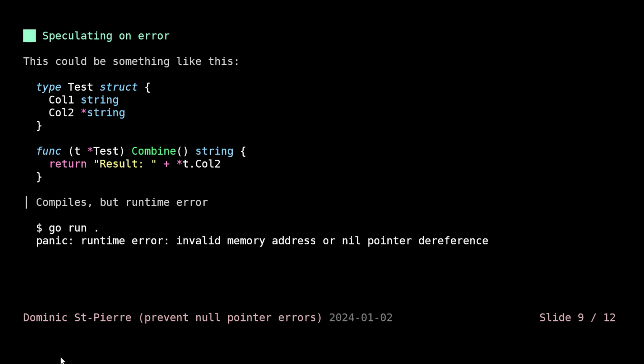Remember, we have this test structure, and the second call to is a pointer to a string. So the combine function could have just directly tried to return a concatenation of a string, and now they might have dereferenced the call to, and sometimes they might not have noticed, because I think the language server is often doing that